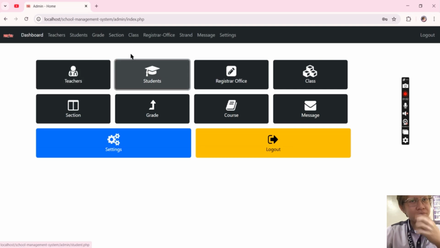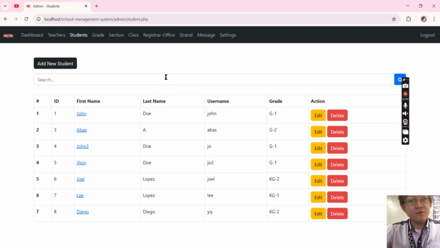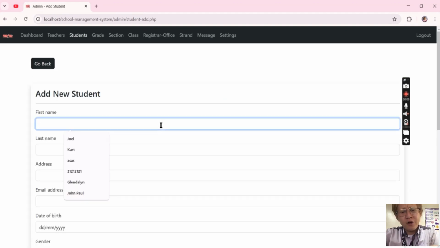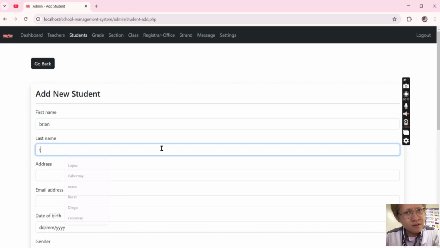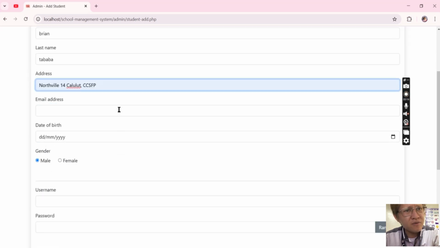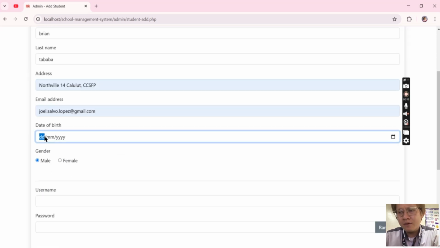We go into student. The next is student. As you see, these are the student list. And if we add a new student here, let's say the name is Brian, the last name is Tababa. Address is number 14, birthday 27, 2003.